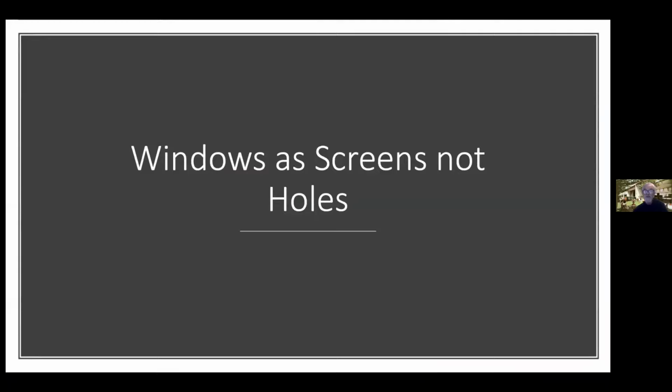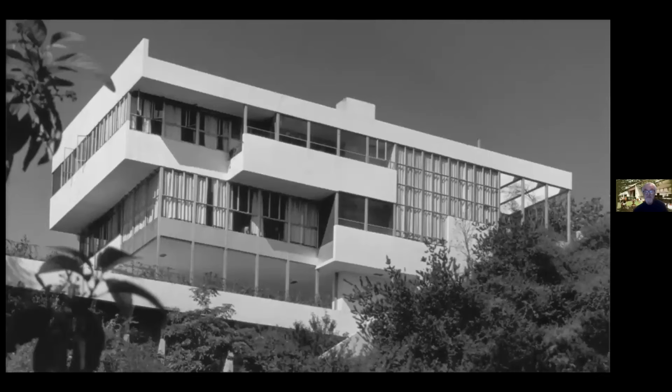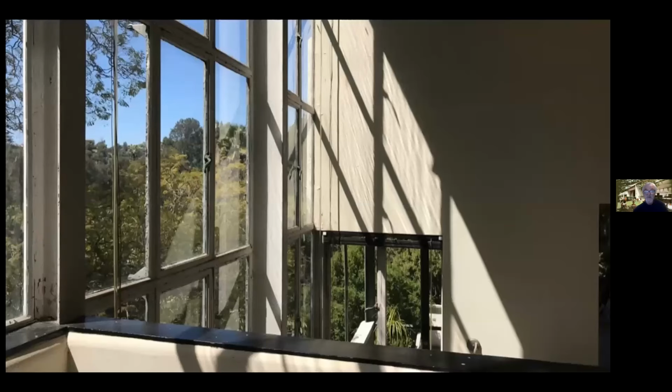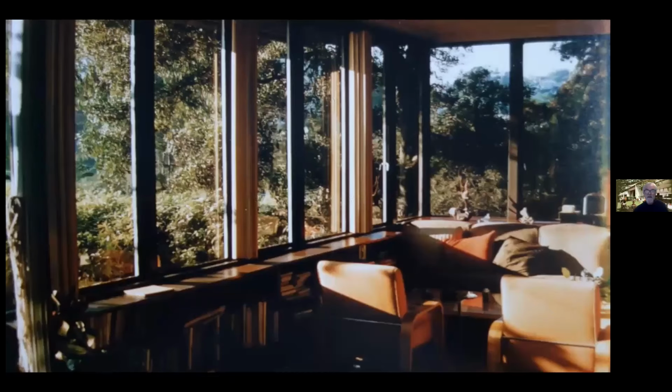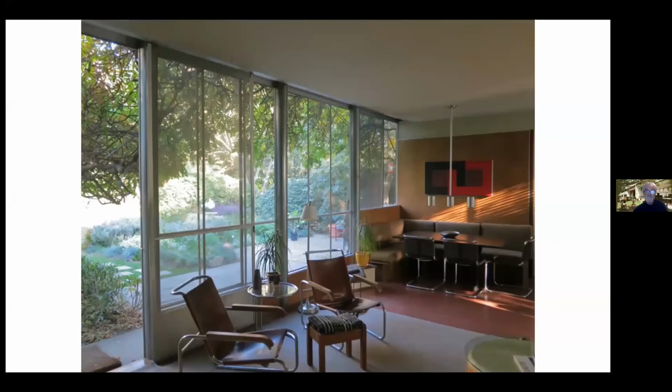Then windows are screens, not holes. So we certainly see that with the Lovell Health House. You can see how important the intrusion of light into the interior of the building is. And at the VDL Studio and Residency, similarly, you have near views and distant views. The Beard House, the metal panel house in Pasadena in the mid or early 30s,